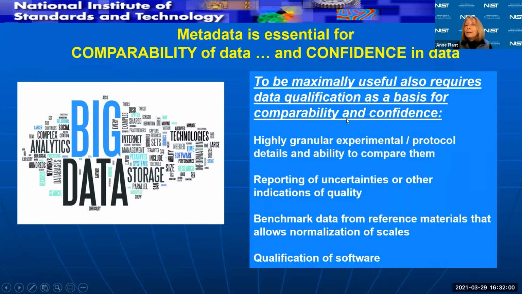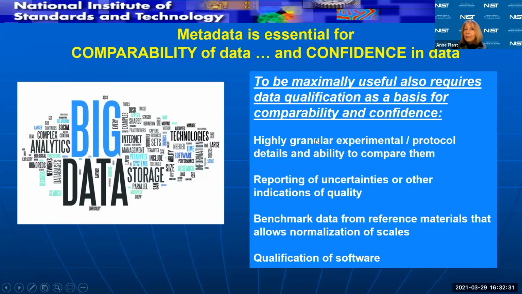And this is my opinion, that to be maximally useful, it's not just about the data itself, but about the quality of the data and the qualification of the data. That's what you really need as a basis for comparability and confidence in data that will make it reasonable to share and make it easy to share.